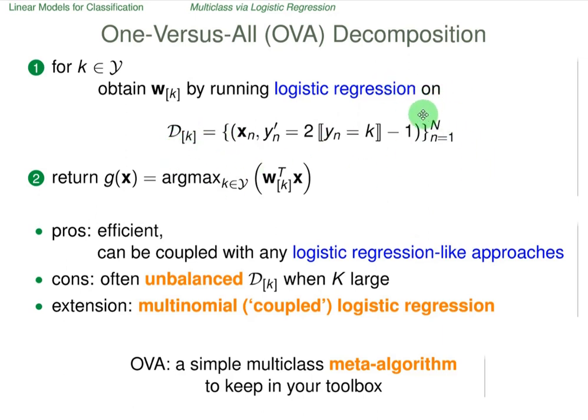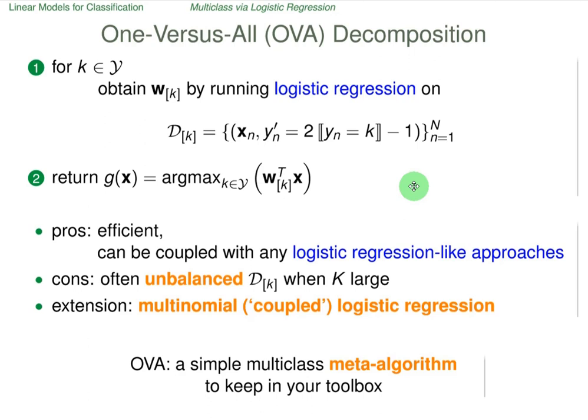However, the problem or the cons of this approach is the unbalanced data when we have a huge number of classes. For example, if you solve a 100-class classification task, this decomposition will lead to a highly unbalanced data set, where one class has, let's say, 10% of the data and the other class has 90% of the data. Nonetheless, we should keep this one versus all approach as our meta algorithm, useful for, let's say, 4-class,